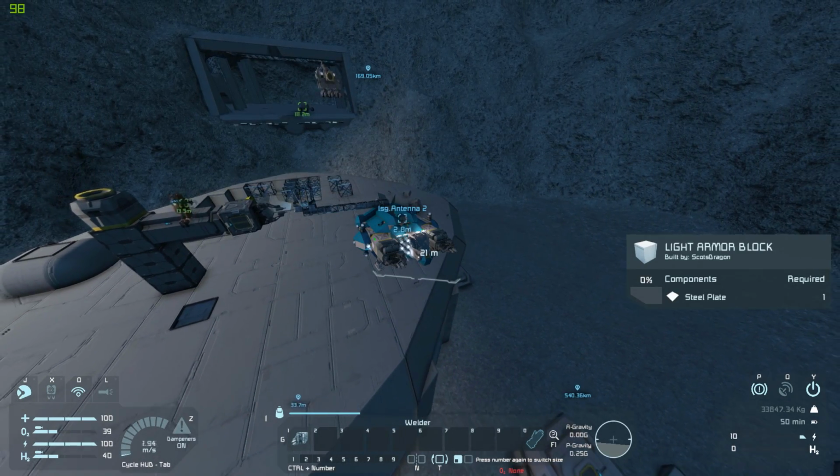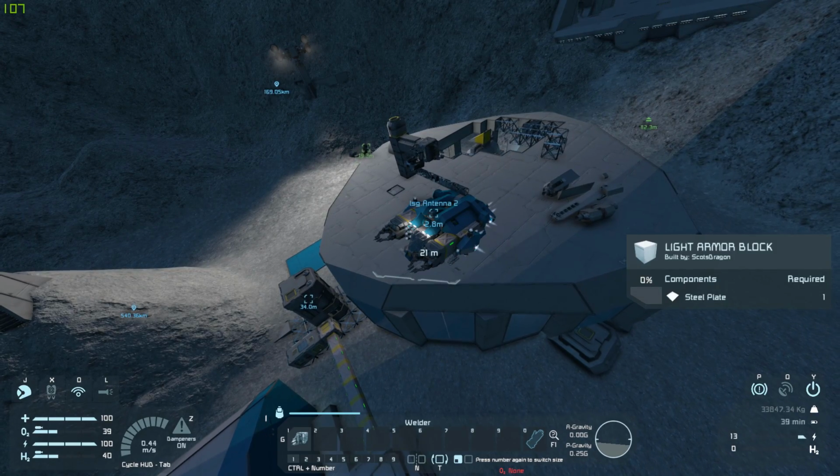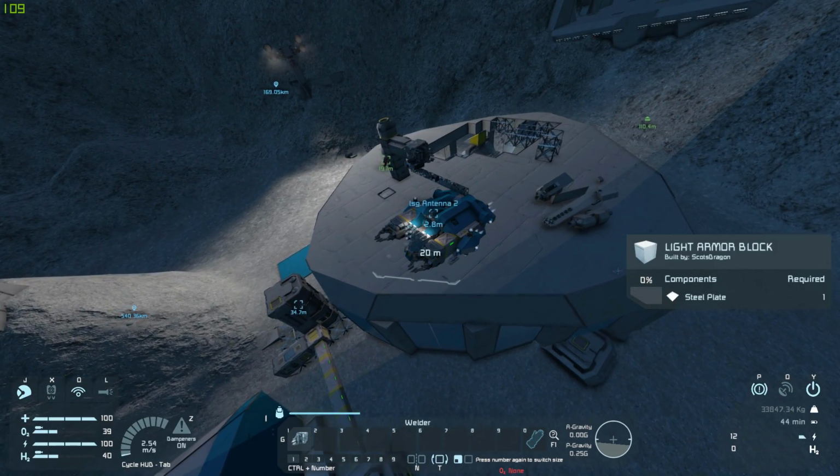Put it on the side of the ship. Why? Welder on? Because no. Why? Did you want it at the back? We would have blocked his port if I put it on the back, though. I know, I'm gonna...